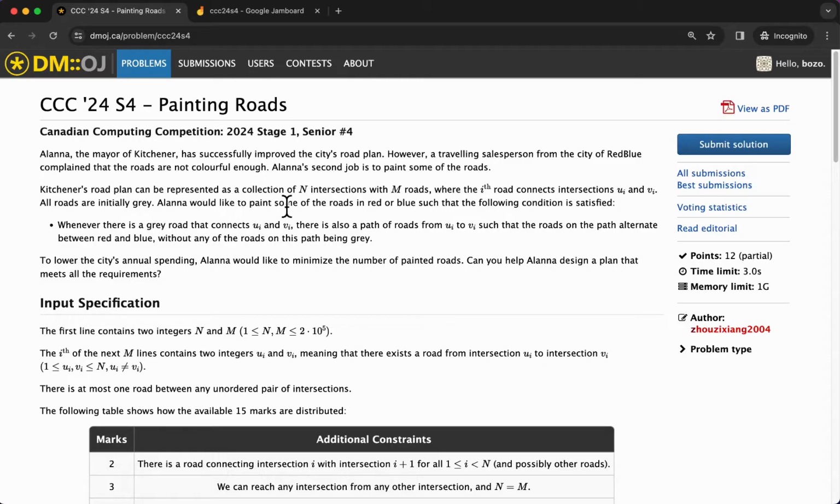So this city has n intersections with m roads. So by intersections, they basically mean nodes in a graph. And by roads, they basically mean edges in a graph, where the ith road connects intersections ui and vi. These are all given in the input. All roads are initially gray. Alana would like to paint some of the roads in red or blue such that whenever there is